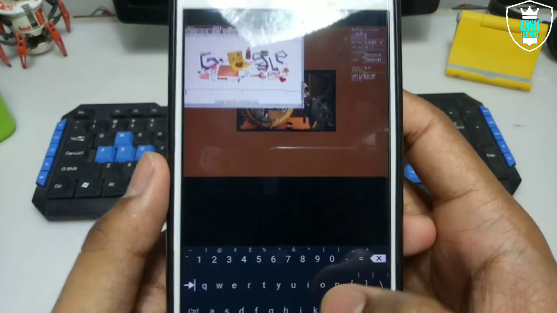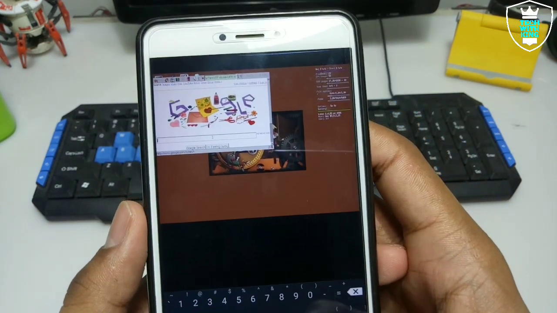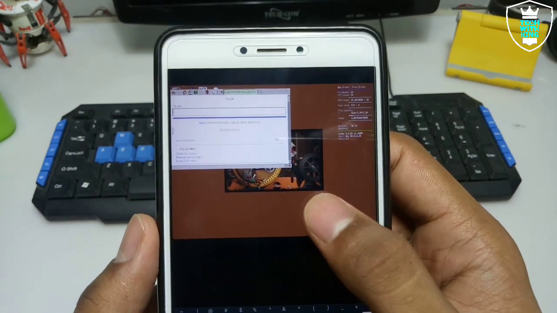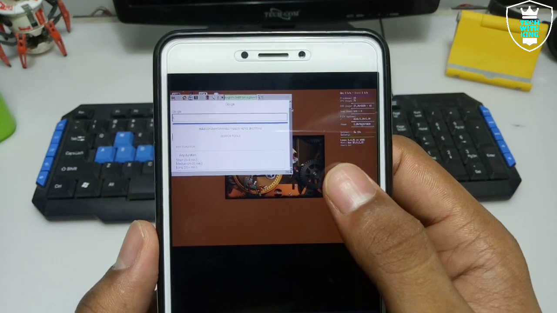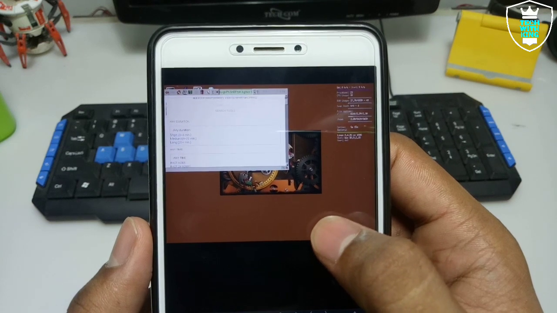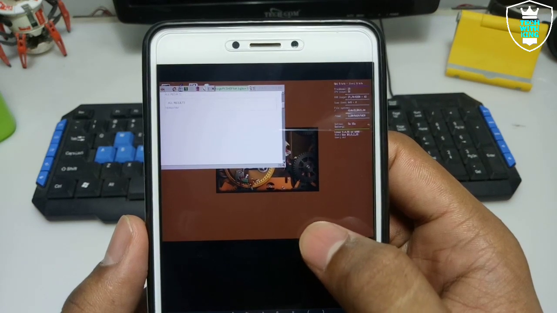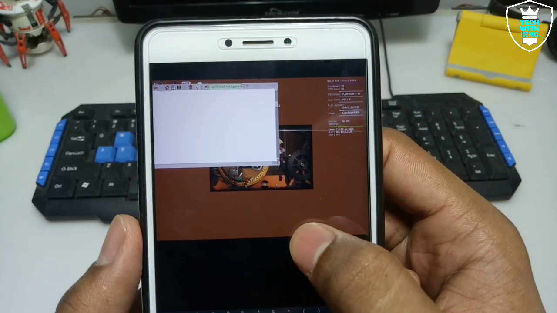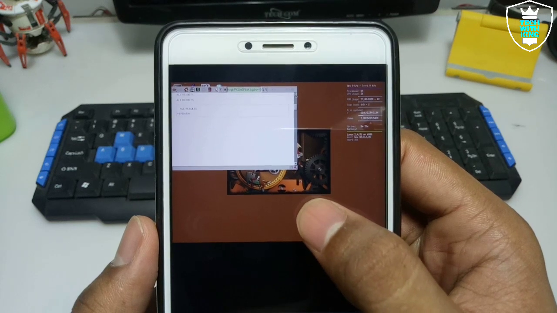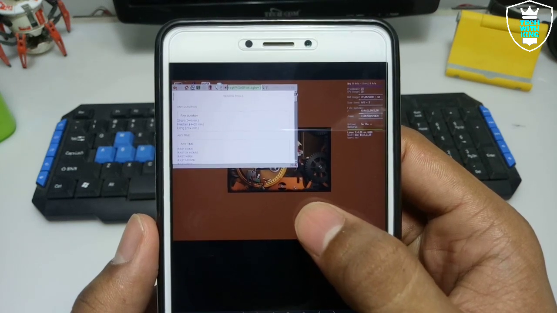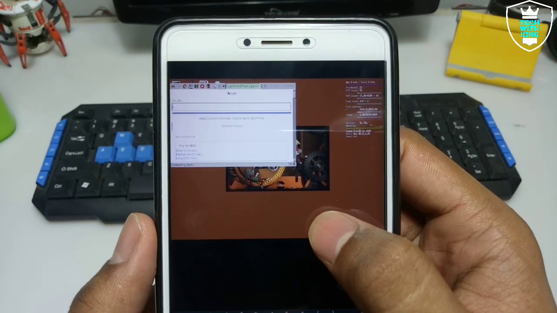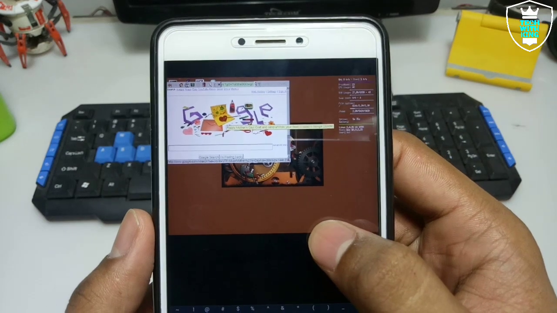So let me just search anything in this Google. So as you can see, it is browsing perfectly and the internet is working. So you can get the experience of the desktop using this DSL Linux based OS. As you can see, the browser is perfectly working. A lot of my subscribers told me to show how we can get internet access in this Limbo. So as you can see, here is the video. You can access the internet in this DSL OS. So as you can see, Google is here.